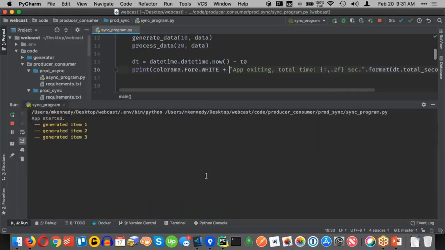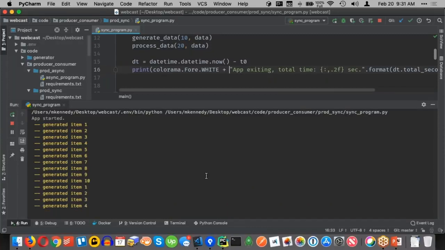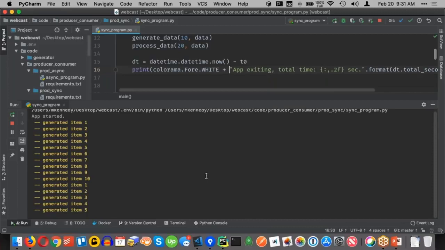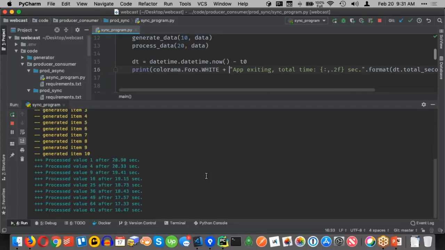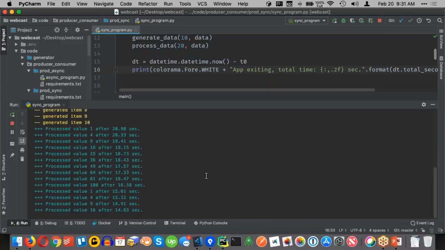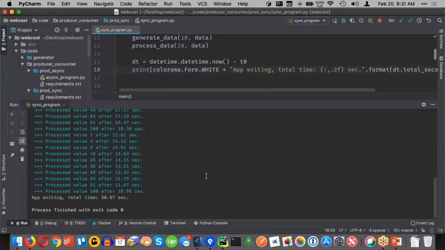You can see it should be no surprise that we're generating item 1, generating that first batch of 10, and then it's going to reset, and we're going to do it again. And then at the end, we're going to process it. Now, at the end, it's going to put out not just what it processed, but how long that thing has been waiting to be processed. So the first one, it took 20 seconds to generate that data, so it was almost 21 seconds to actually get to it. So you can think of that as latency. The item went in, 20 seconds later, it was processed. The best we did at the end was 10 seconds to process it.